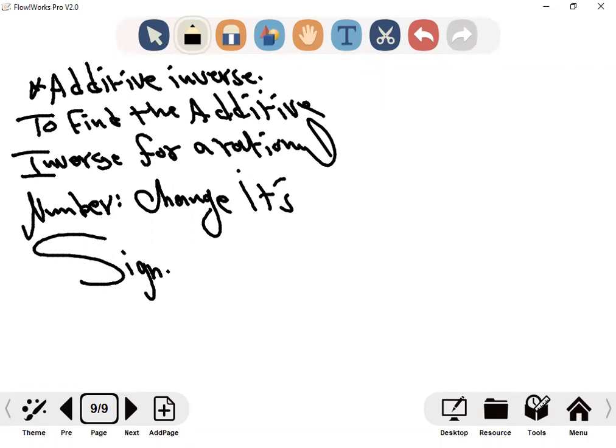For example, the additive inverse of -3 is, the additive inverse of 9 is, the additive inverse of 3/4 is,